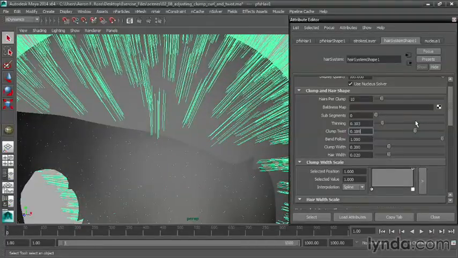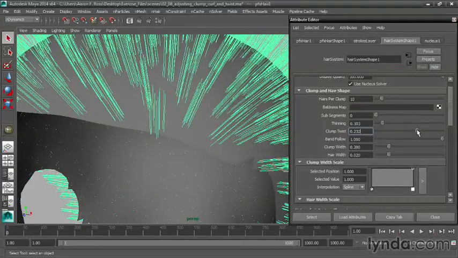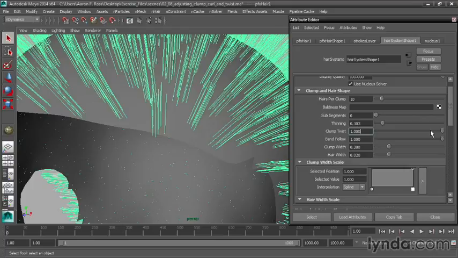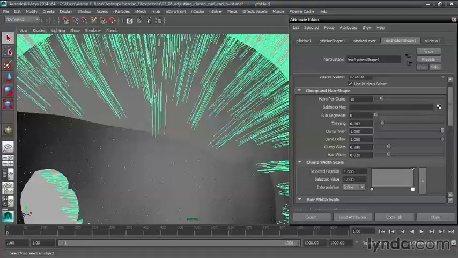Something to know about a clump twist is that if you increase it up to a value of 1, you've essentially rotated the hairs 180 degrees. And if you adjust the value down to -1, you rotate it in the opposite direction by 180 degrees. And so essentially it ends up in the same place. So if I make that value -1, it's the same as a value of 1 because it's just rotated completely